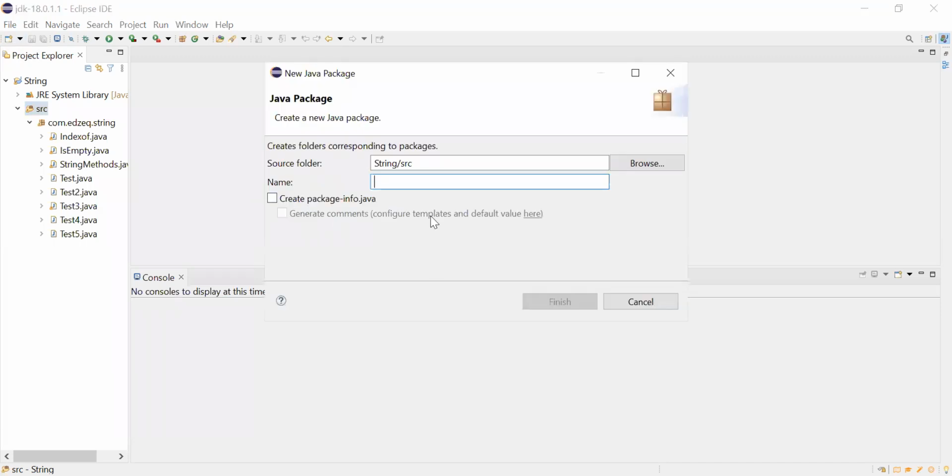Okay, and here how to assign the package name. First, com dot execute, dot strings. This is the strings concept. OOPS concept. Okay, and then